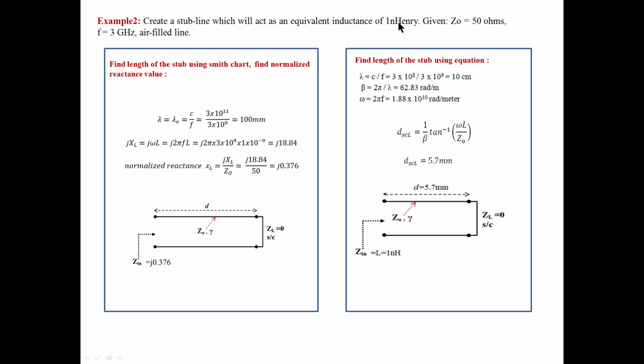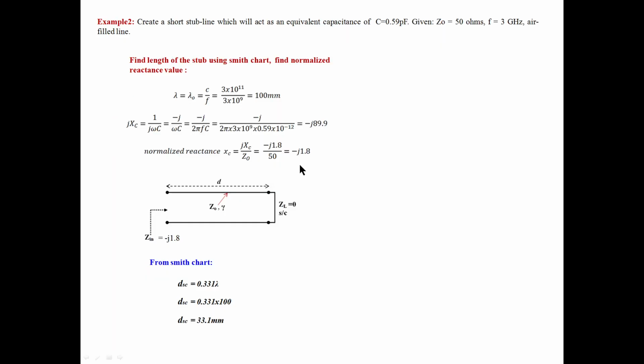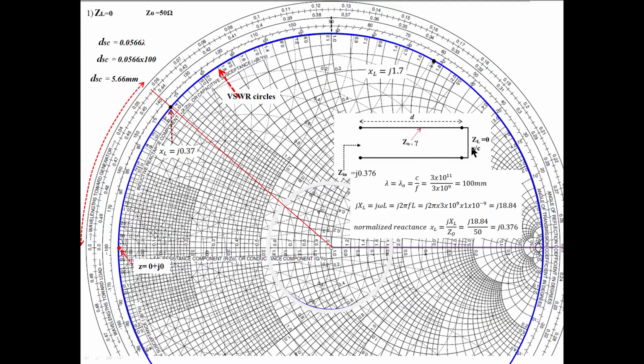So for this inductor value, we have to find the equivalent reactance. But we want a normalized reactance, so we divide this by this value 50, that is Z0 here, and we got this. To get this value of reactance, what is the length of the line? Because we are using a short circuited transmission line, you should start from here and move towards the generator. Move from here, towards the generator. Whenever your required value of reactance is reached, stop.